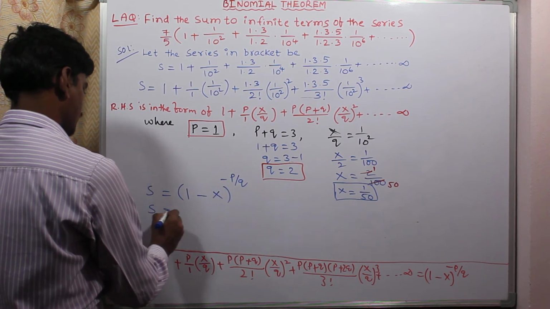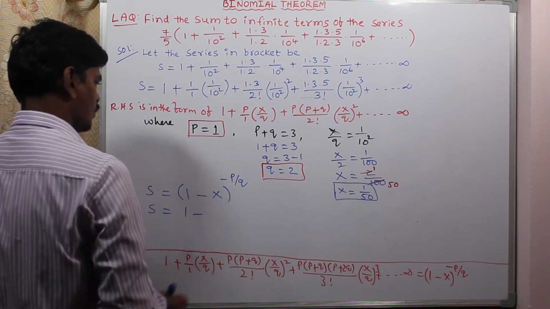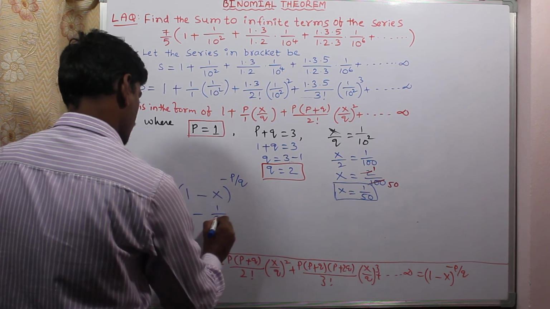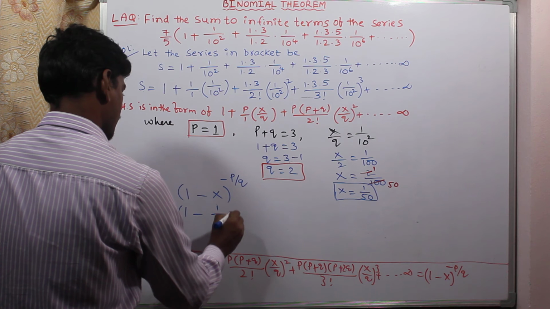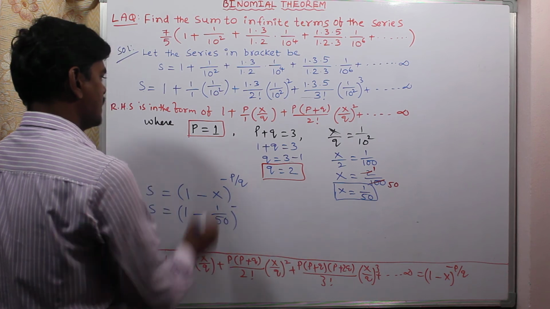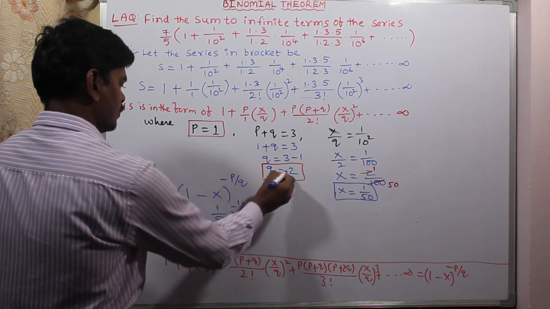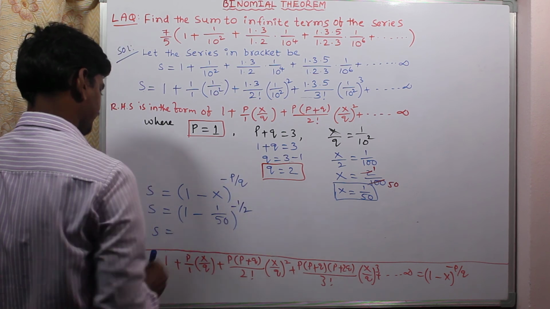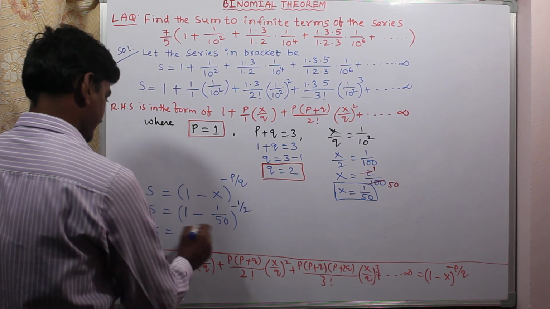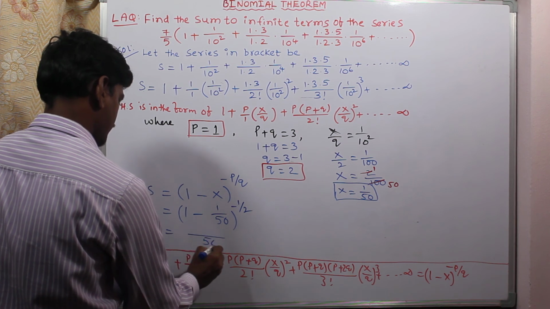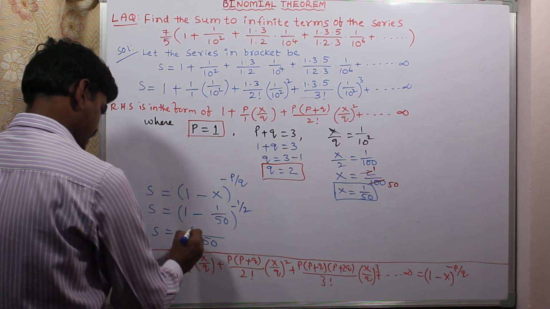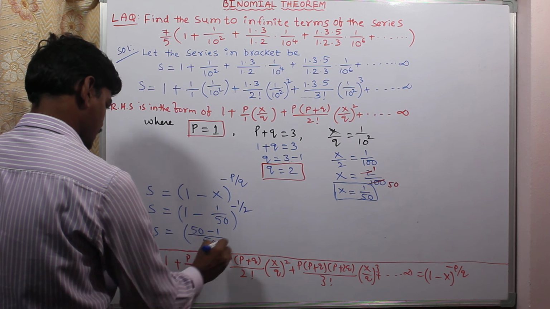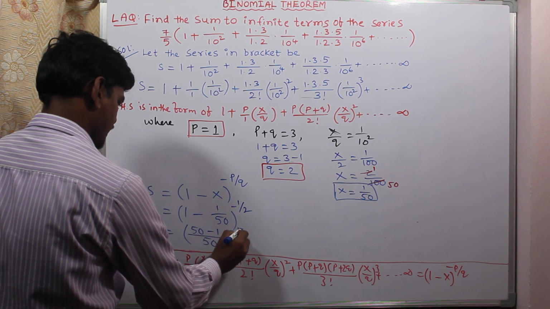So S is equals to 1 minus, what is the capital X value? 1 by 50 whole power minus p is 1 by q is 2. So S is equals to, here 50 is the LCM, 50 into 1, 50 minus 1 whole power minus 1 by